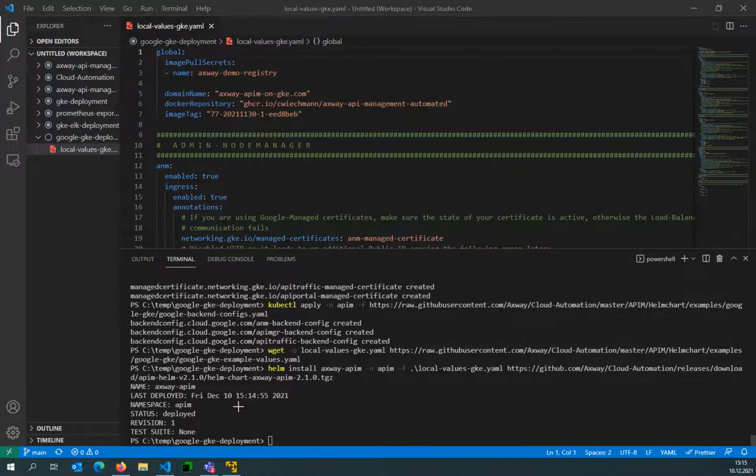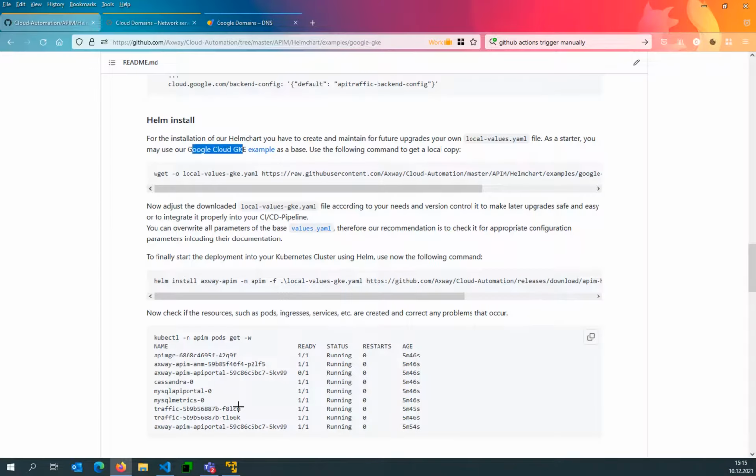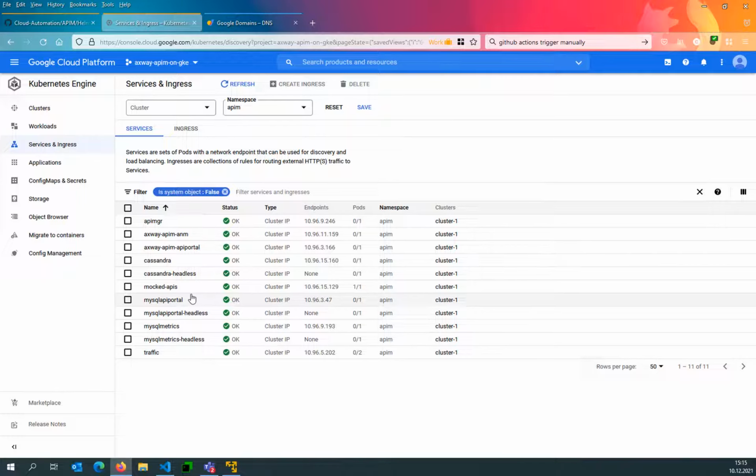So it is deployed, or it's going to deploy, of course. And now we can see what happens. I'm going to the Kubernetes Engine, to Services. And here we can see now that we have a service for API Manager, Admin-Node-Manager, portal. Of course, you can enable and disable certain components using your values file. In the values I just used, as you can see, everything is basically enabled, let's say the core API management